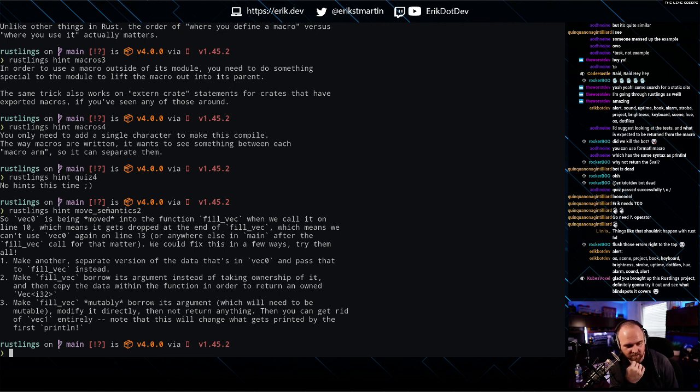Yep, understand that. Okay, so make another separate version of the data that's in vec0 and pass that to fill_vec instead. Make fill_vec borrow its argument instead of taking ownership of it. Make fill_vec mutably borrow its argument, which will need to be mutable. Right, so